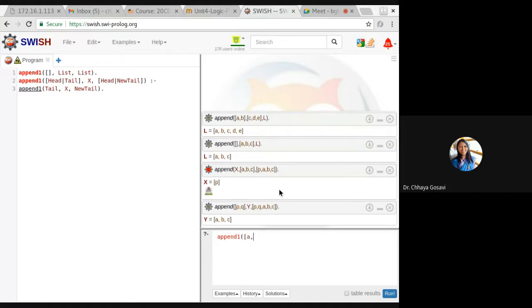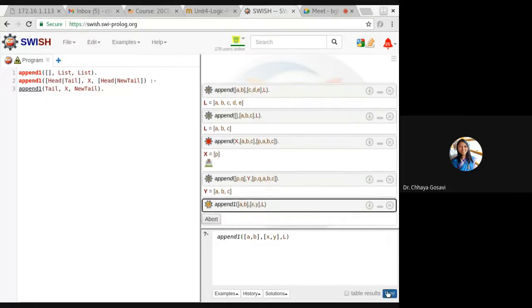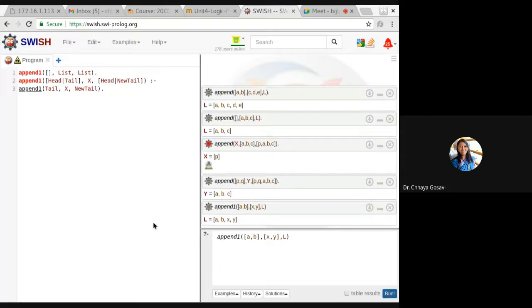Pass two lists. So it will return the new list L, which is the concatenation of A, B and X, Y: A, comma, B, comma, X, comma, Y. We have written our own function.